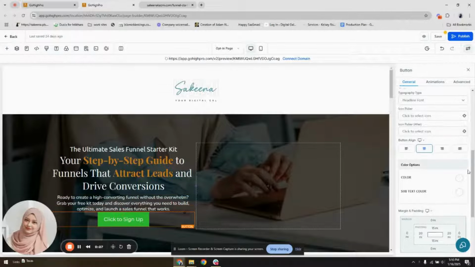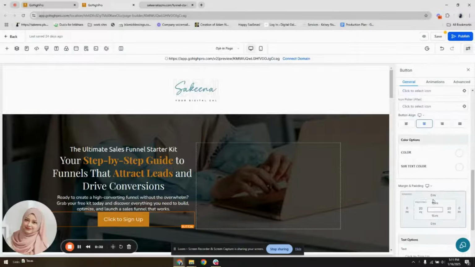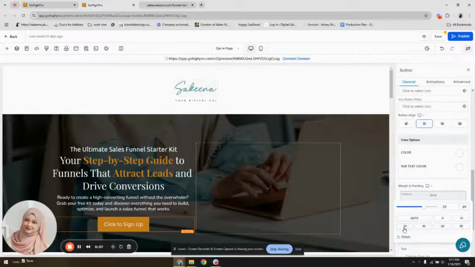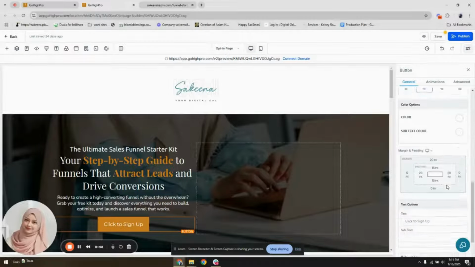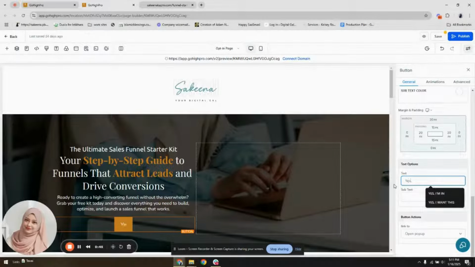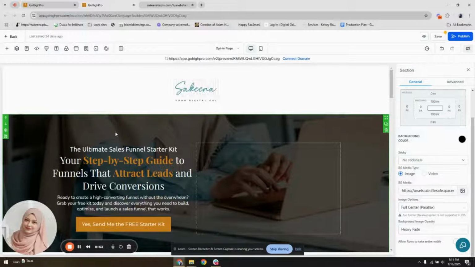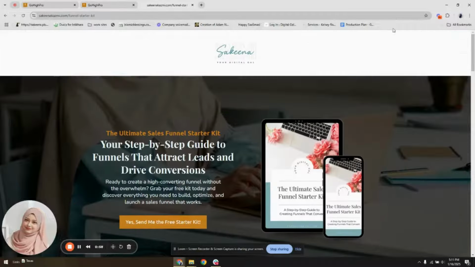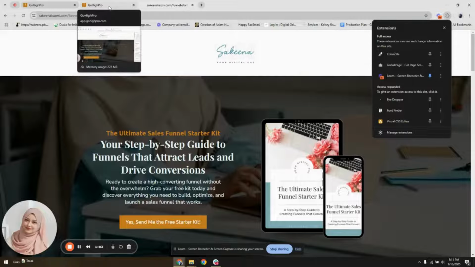I need to customize the button as the reference page. Let's add a margin. So I'm going to say, send me the free starter kit. You can also use an extension to pick the colors from a certain page. I'm using this extension called eyedropper. You can find it on Google Store,